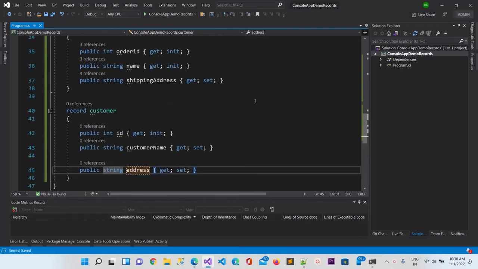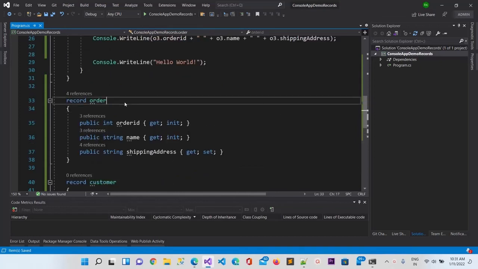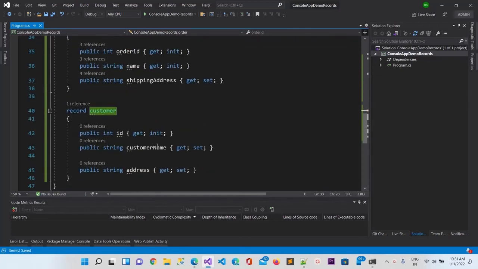Now I am going to inherit this Customer record here. So you can see I have inherited the record. Now let me assign the default values: the ID default value will be 101, the name default value will be Raj, and the address will be New Delhi.